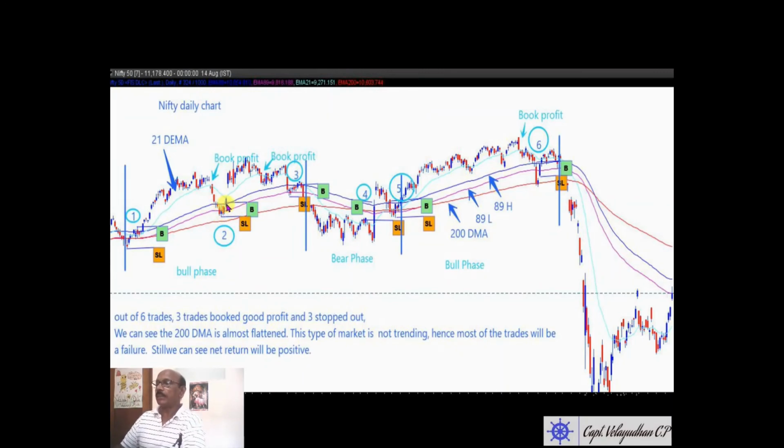So we are supposed to exit here and short sell if we need to, and buy again once it crosses above. So you get many buying signals on the 89-day period. Here is another movement. It crosses here, stop loss here, and the price moves all the way till here. Here it crosses back below the 89 low. We got an exit here. So these two bands by themselves give a buy and sell signal. Mostly profitable for those who follow the rules.